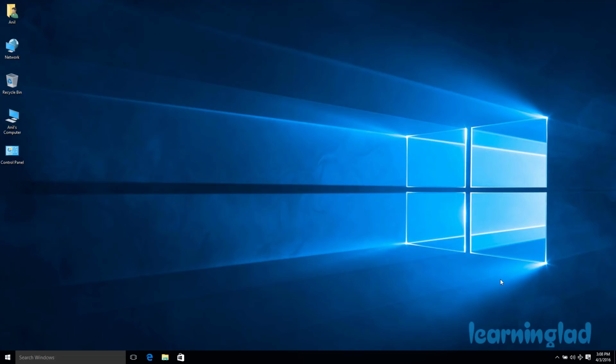And in this video, I'm going to show you how you can set the screensavers in the Windows 10 operating system. So here, first we're going to see how we can open up the screensaver settings window in the Windows 10 operating system. And then we're going to see how we can set the screensavers. So here I'm going to show you the two methods which can be used to open up the screensaver settings